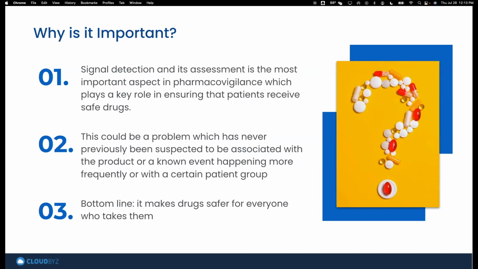And so it's incredibly important to get to the bottom of why these things are happening, right? Because at the end of the day, all of us, whether you're in the sponsor, the CRO, the site, or in the vendor and technology space, all of our goals are aligned around making sure that our patients at the end of the day are taking safe drugs. I mean, that's all that we really care about, right? So it's incredibly important that we are capturing even these edge cases, running down what exactly is happening and making the necessary adjustments, right? And so folks, the bottom line as to why it's important: it makes drugs safer for everyone who takes them. Really simple. I don't think I have to elaborate too much more on that point.